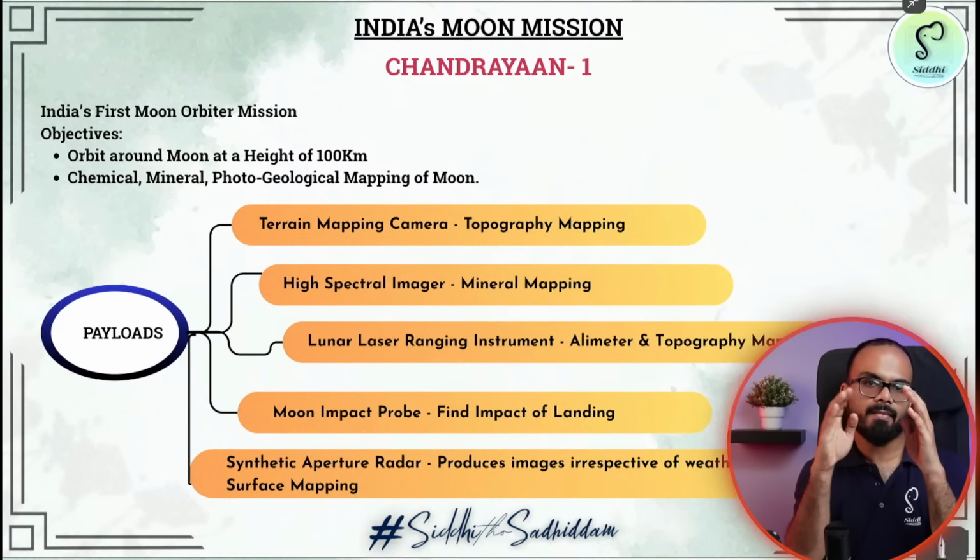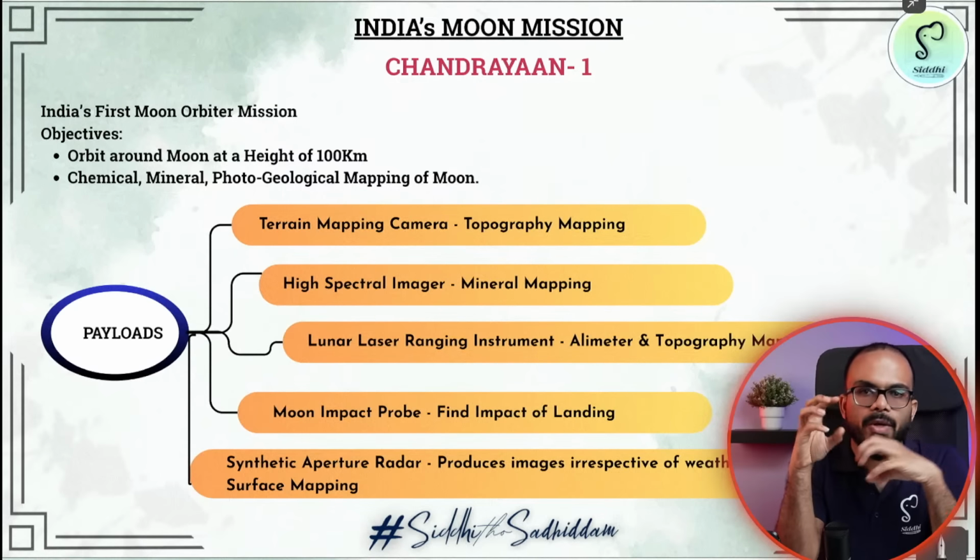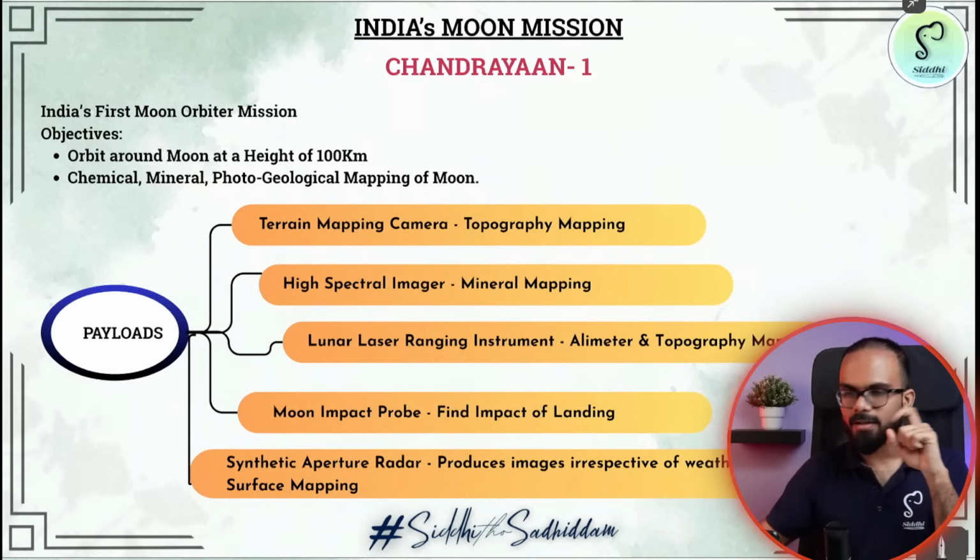Now, to understand or to go to any extra celestial body, the first step is to orbit around the body. Directly, you cannot go and land anywhere. So the first step is to orbit around it. Second step is to land on it. When you are orbiting around the body, you will understand the atmosphere, the difficulties that are there, the path and the velocity that is needed, and that is when you will go and land on it. So India did three moon missions.